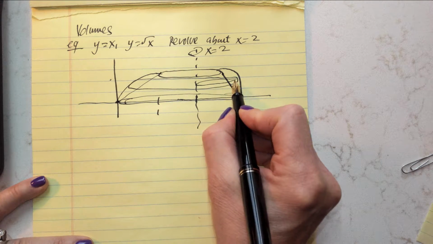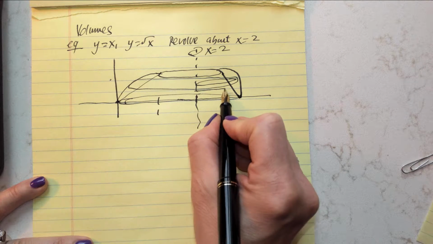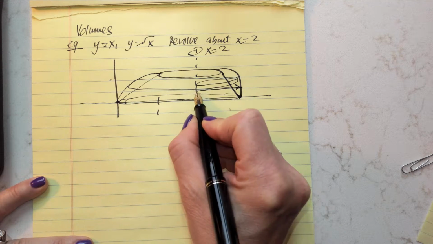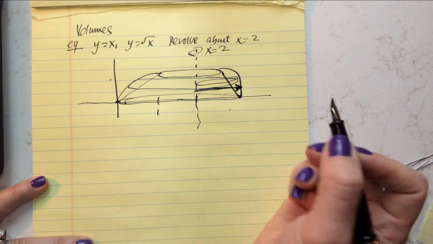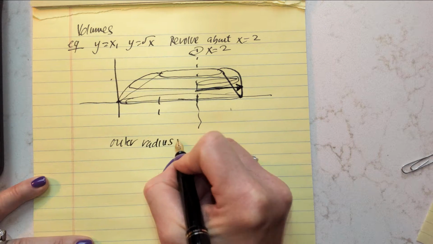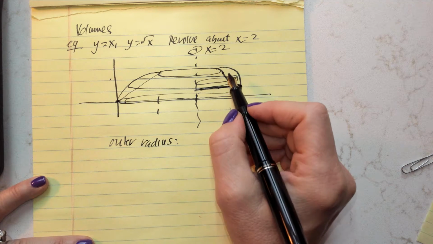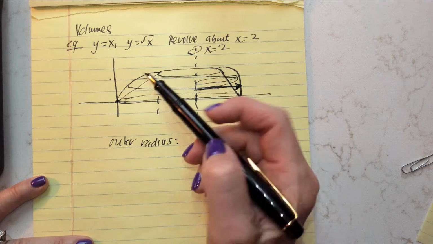We have an outer radius and an inner radius, right? Okay, so what is the outer radius? There's your outer radius right there. Okay, sorry, there's a lot of lines here. The outer radius is what? It's this. Now remember, we're revolving around a vertical line, so rather than look at y as a